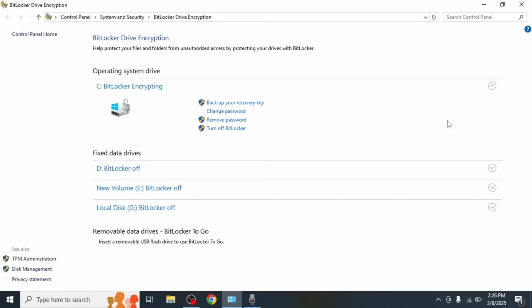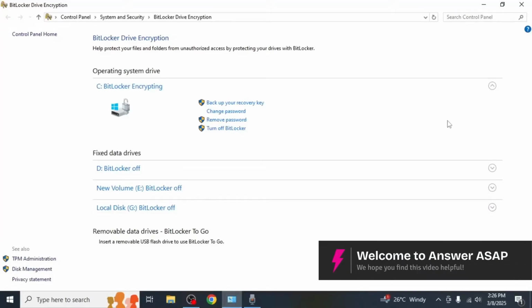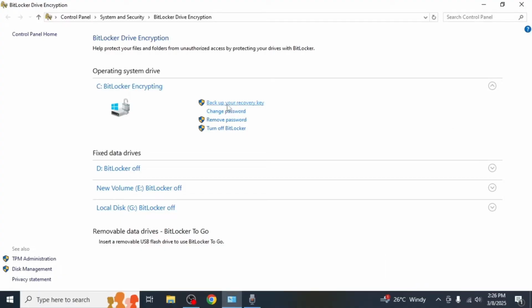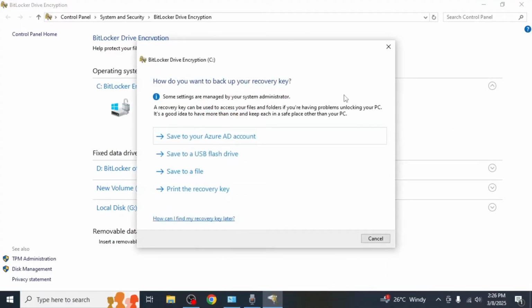In this video, I will show you how to find BitLocker recovery key. When you initially set up BitLocker, you are provided with several options to save your recovery key. These options include saving it to your Microsoft account, Azure Active Directory, a USB flash drive, a file, or printing